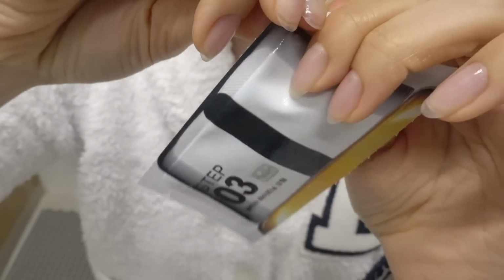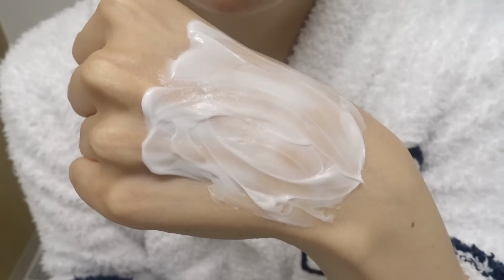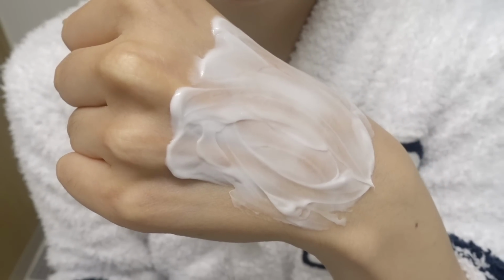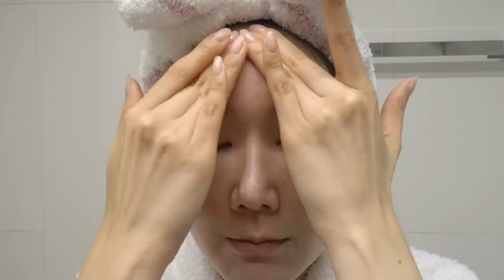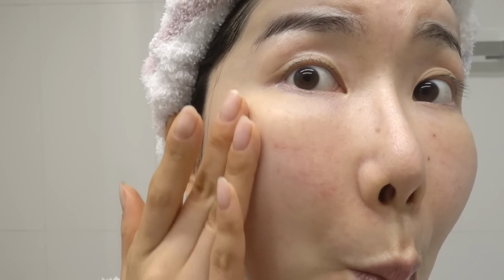And the third step was the cream, and oh my gosh, you guys, I honestly love the cream so much. I'm gonna check out the product itself and I want to purchase the cream separately. It did definitely feel a little bit thicker, like it would suit autumn or winter, but it soaked into the skin so fast and it just hugged my skin, and it had such a good scent that was very citrusy,